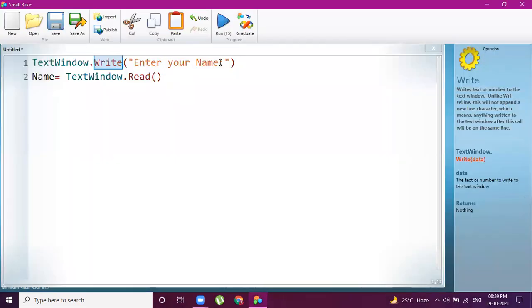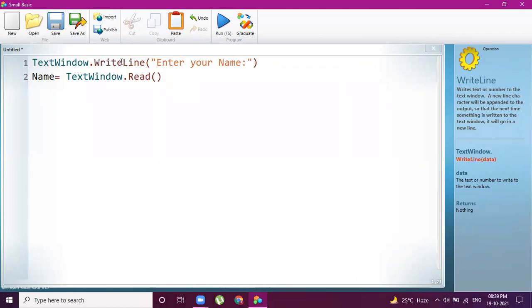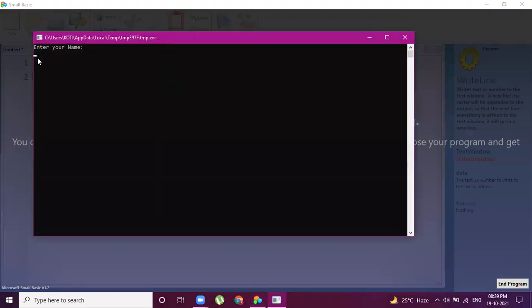If I use the WriteLine statement, then your cursor will move to the next line and you are able to type your name on the next line. The difference between Write and WriteLine is: if you use Write, the cursor will stay on the same line; if you use WriteLine, the cursor will move to the next line.